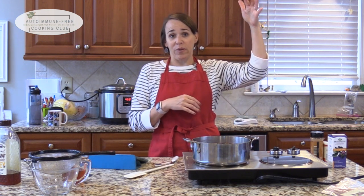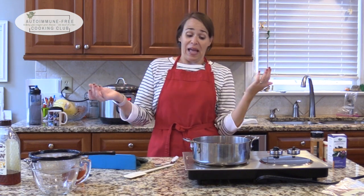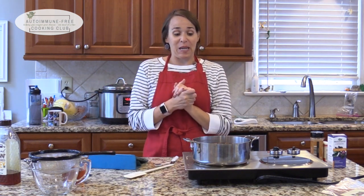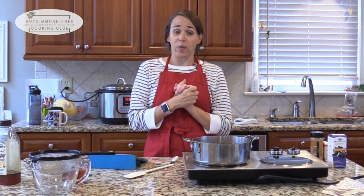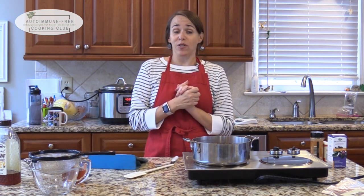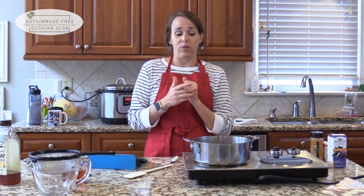My husband took the most syrup, and he had the least symptoms. So I was just one little case study, but that's what happened in our family. So I kind of swear by it, and will continue to make this throughout the season. So I'm going to let this boil away, and I'll come back to you when we're ready to move on